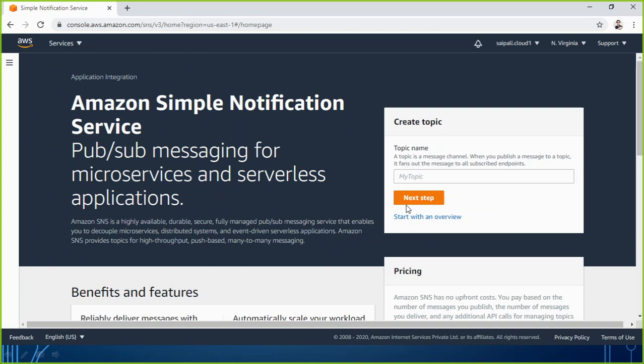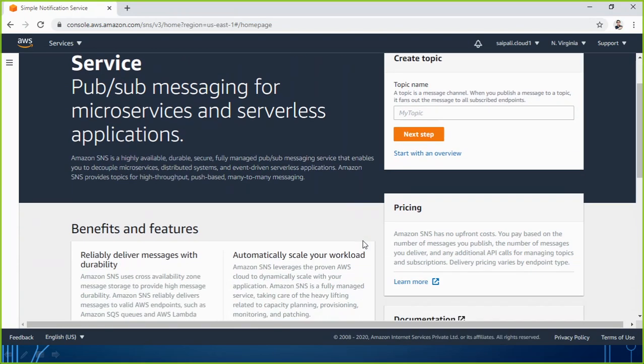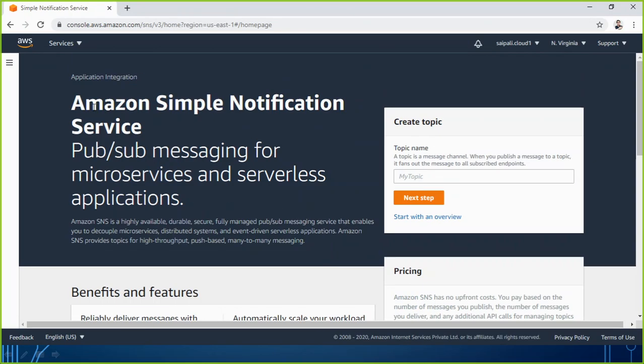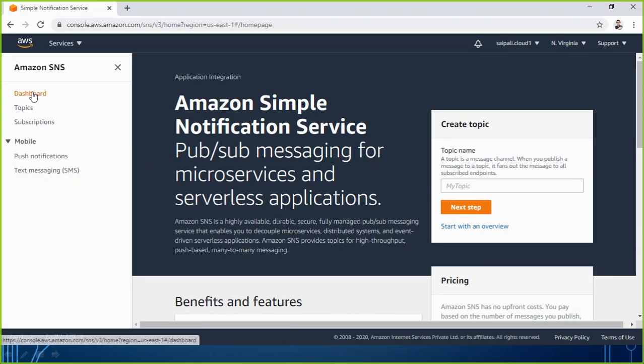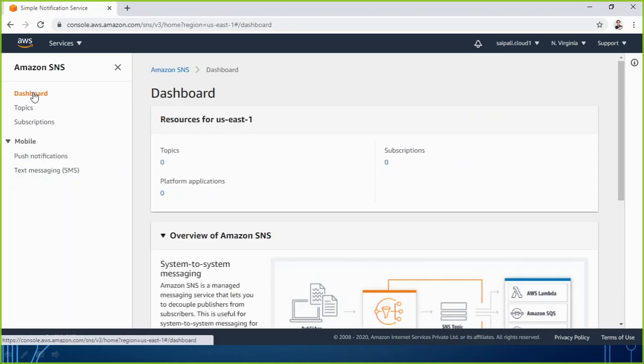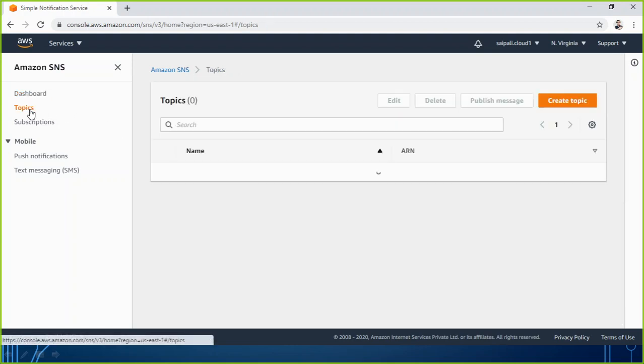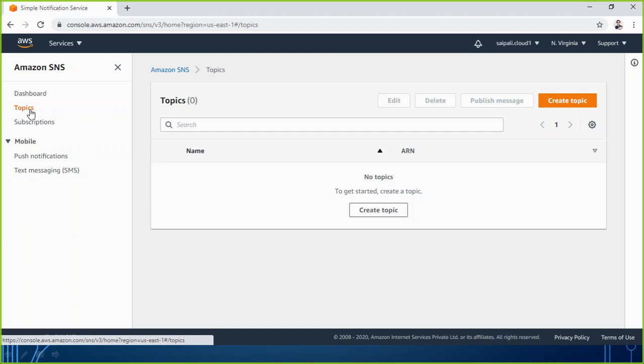Once we reach here, we see the dashboard. It tells me I have no topics, no subscribers, and no subscriptions for SNS. So now let's perform the task. Let's go to topics, because every notification works topic-wise. So the first task is to create a topic.